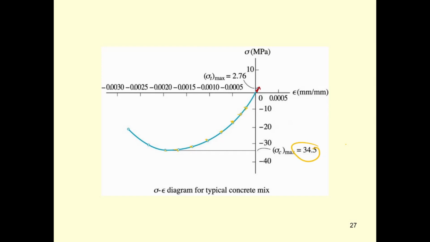Because if you only use the concrete in the column, the failure of the column is going to be brittle. And that's going to be very dangerous. When one column fails, it's going to cause a domino effect. The upper floors are also going to fall down and cause the whole building to collapse. That's why we have to put the steel in the reinforced concrete column.